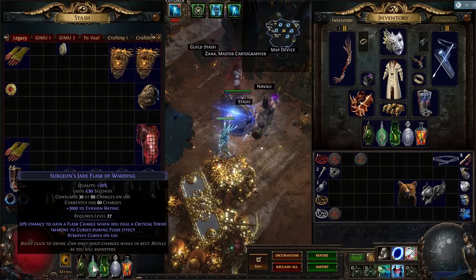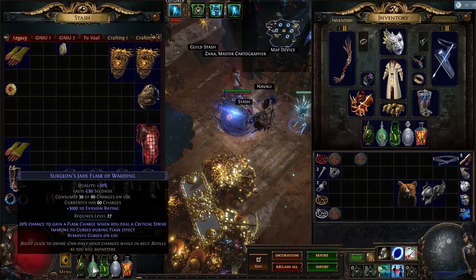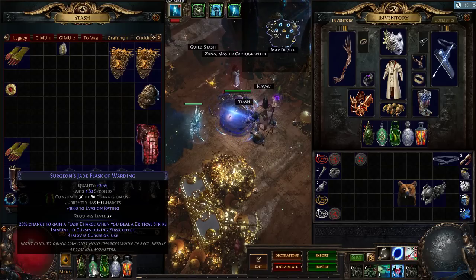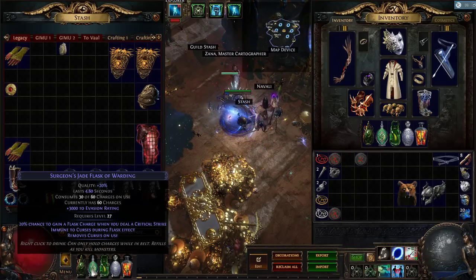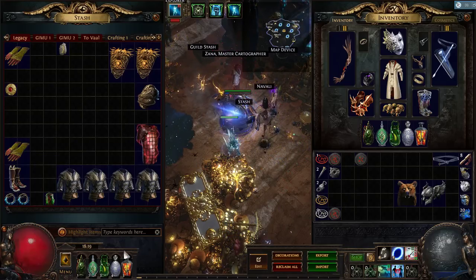What that means is it'll be a flask, I don't have an example here, with the 20% chance to gain a flask charge when you deal a critical strike, but also a percent increased evasion rating mod. That's the Reflexes affix. You can roll up to 100% increased evasion rating. That will help you cap your evasion, which if we do some math